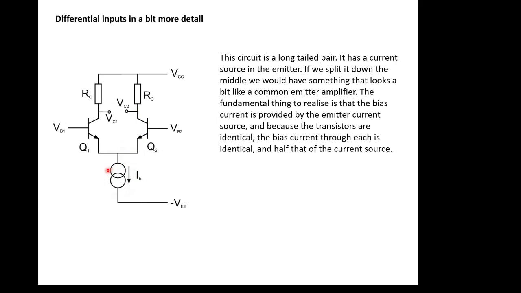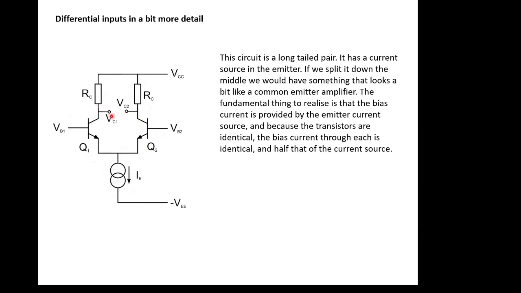And the only way that can happen is if we have different currents going through these transistors. So if this current falls, this current must rise, and then it must still add up to give us this fixed constant current here. And that's the nature of the differential amplifier: one signal goes up, one signal goes down, and then we can get a difference in voltage between these 2 points, because we've got a different current going down here compared with a current going down here, and therefore we've got a different voltage across this compared with the voltage across here,